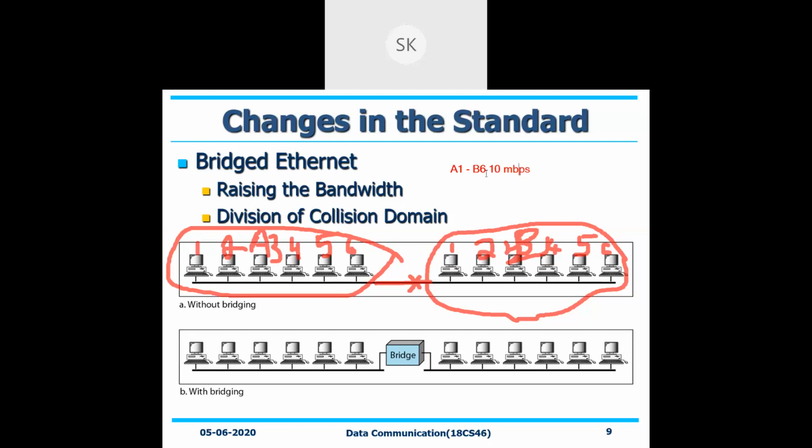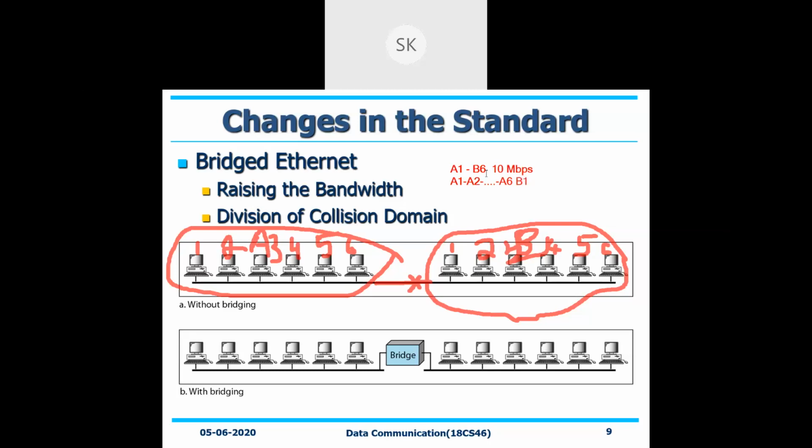According to this, 10 Mbps of data can be carried in this particular wire or Ethernet. Once it starts from A1, it reaches A2 and there is no problem, and the same till A6. Once it reaches A6 it will continue at 10 Mbps. But after this, you may not get the guarantee that it will reach with the same bandwidth. There will be a loss of data.